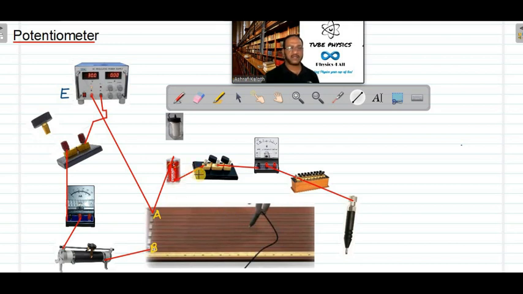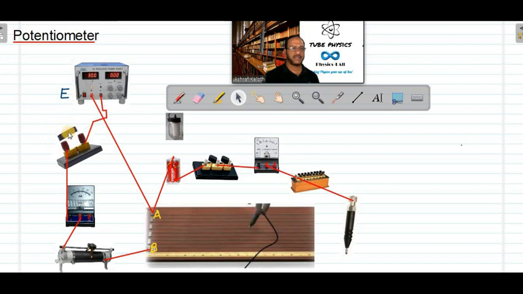So secondary connection, once again, positive of the cell to the point A, negative to one end of the key, from other end of the key to galvanometer, any of this, it can be plus or minus, doesn't matter. From other positive of the galvanometer to the one end of the resistance box, from other end of the resistance box to the jockey, and jockey we can move on this 10-meter line to get the balancing point. Now listen here, what is the principle of this experiment? In the beginning we have to insert the key in the primary circuit. This is the primary circuit, and the cell in the primary is called driver cell, and first of all this key should be inserted here.